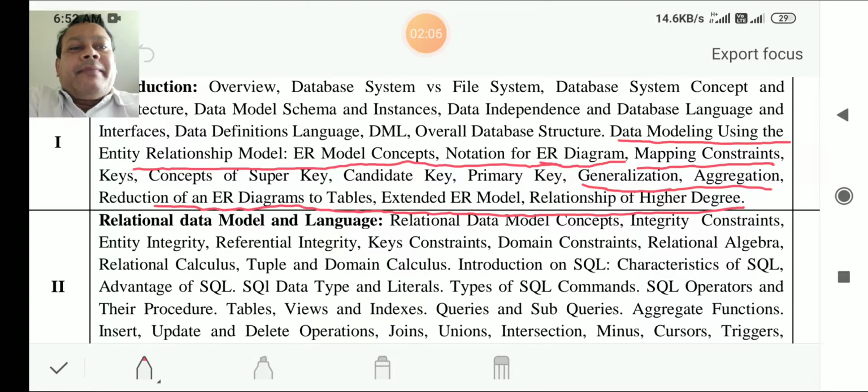We are going to see how one entity is related with another one. We are going to look into detail. Fine. And the different books that we are going to follow are Navathe, one of the good books, and Korth. We are going to follow these two books, and even worldwide it is followed. These two books are really very good. So let's start with your ER diagram, entity relationship diagram.